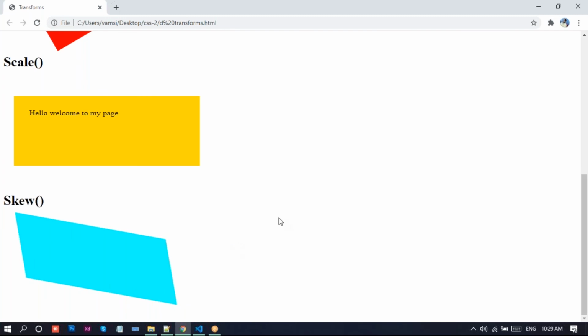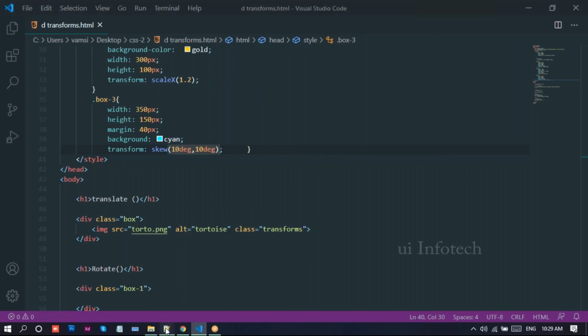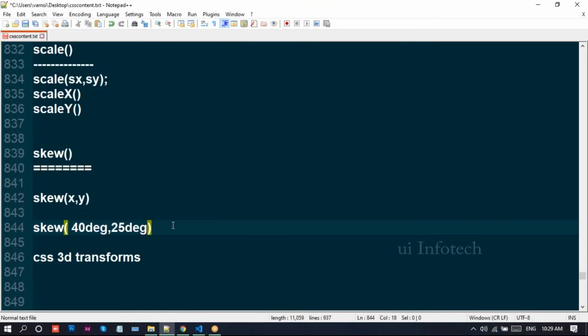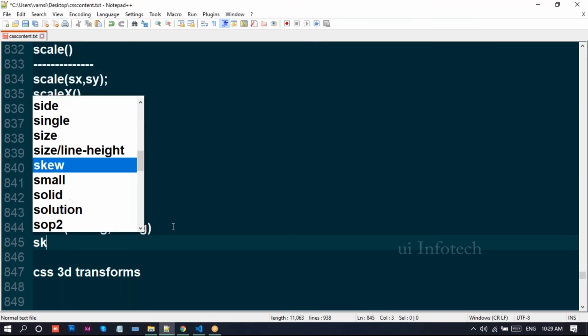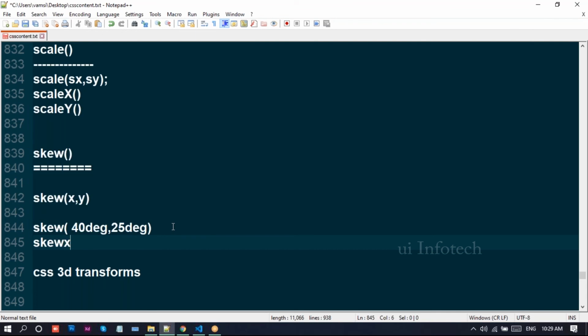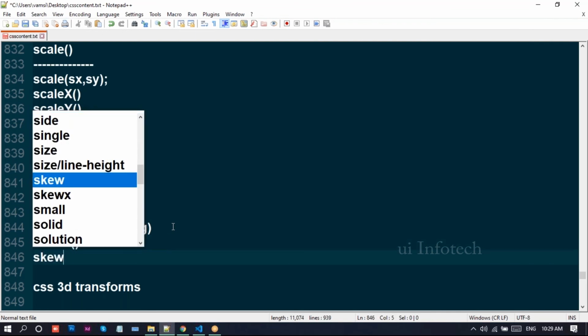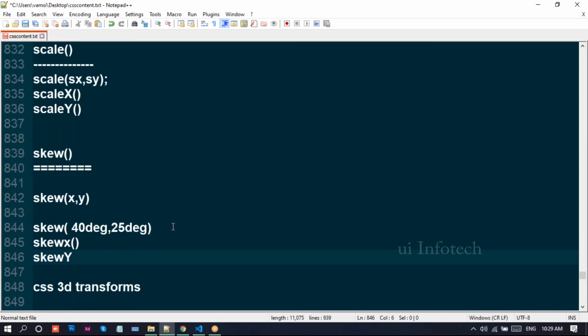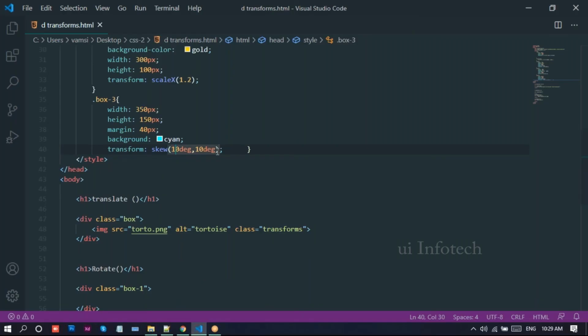In the skew functions, we have two available options like skew x and skew y. Now go to Visual Studio. See here, I'll take only this one axis.